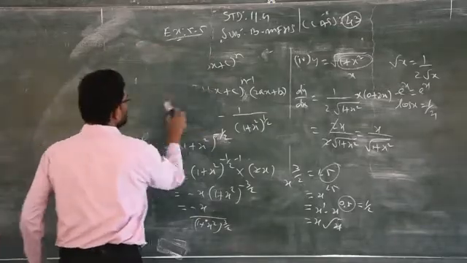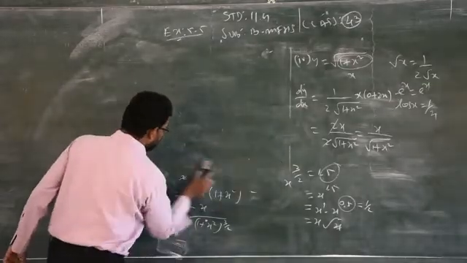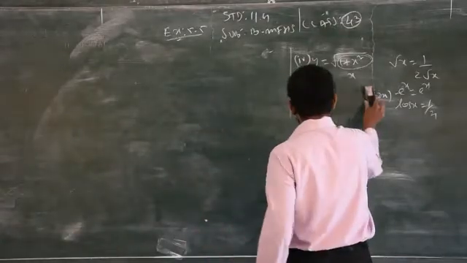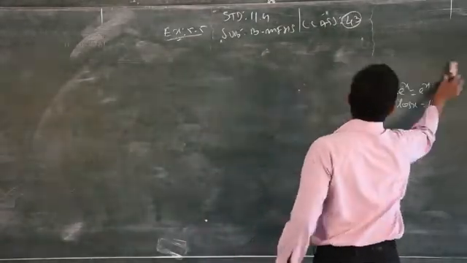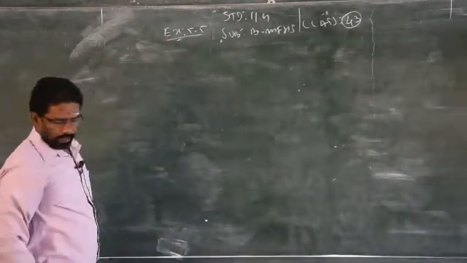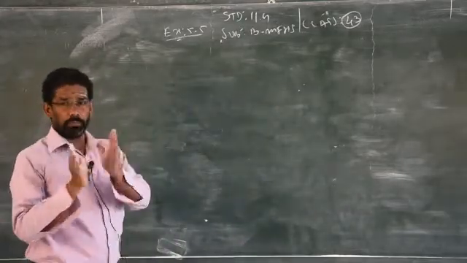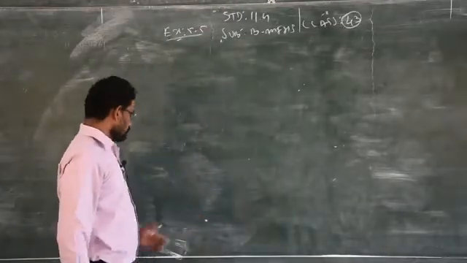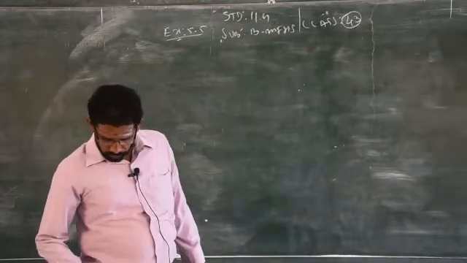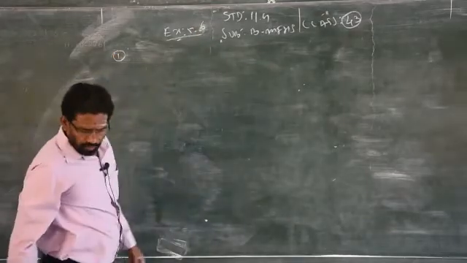See, in the previous exercise it is given y is equal to only the independent variable x. But here in this exercise, both the variables x and y come under product format, and from that we can find dy by dx. Both x and y come in factor format. That is called an implicit function. What is meant by an implicit function? Both the variables come under factors. So now exercise number 5.6, question number 1. Find dy by dx.